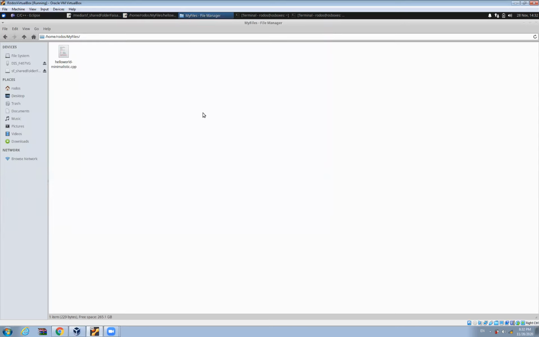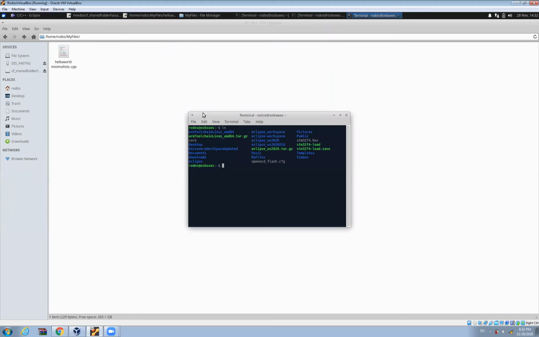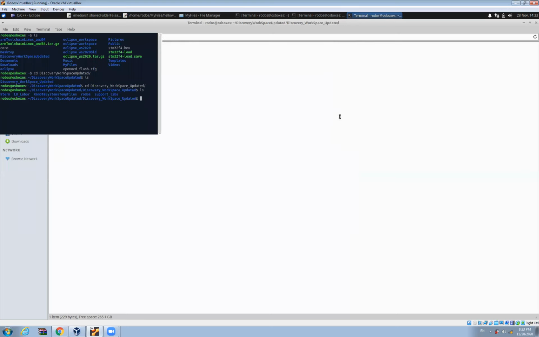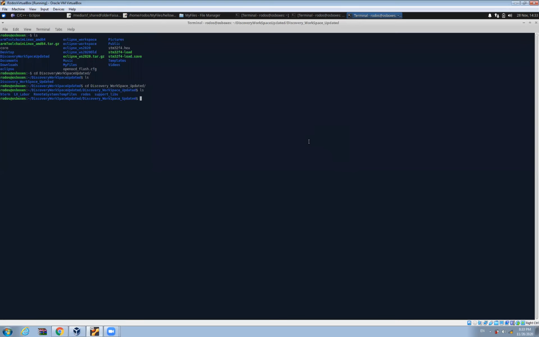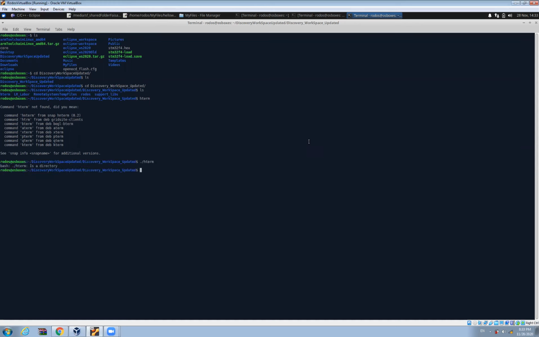Before we do it, first let's open the HTerm. Here we have to open the HTerm like the command line code. So I will go to our workspace, whatever you had used for HTerm, and please go to the directory where you have HTerm. So I have my HTerm right here. First let me open the HTerm so that we can see the output. Okay, it's not a directory, sorry, I have to go to the directory, and now I can directly open the HTerm software.